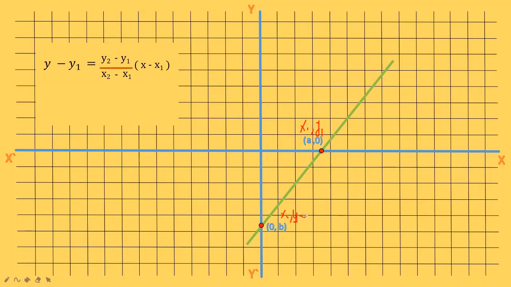Okay, now you could consider any point which you wanted as x1 y1 and x2 y2. I am just considering these 2 points. If you want, you could consider the others also. Now, so instead of x1 I will substitute the value. So x1 is a, so I'll substitute a. Here also